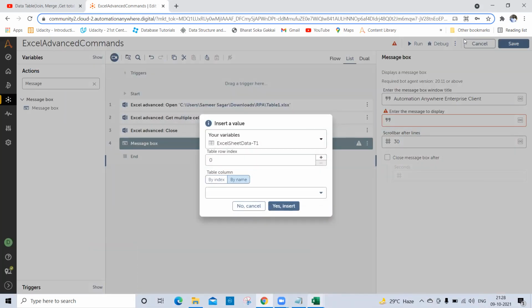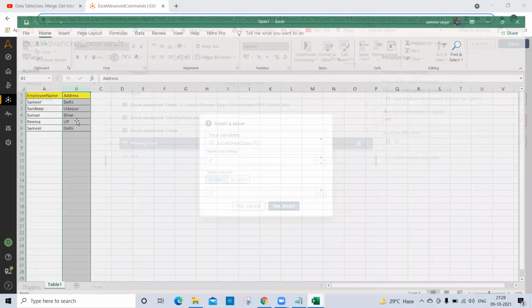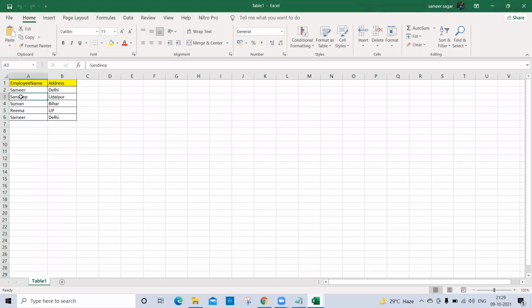I'll put 0 here, and if you want to put the index value, we can put that, and if you want to put the column name, that also we can put here. Right now I want to put 0, and the row value will be 2, because it is starting from 0 only: 0, 1, 2. I want to get the A3 cell, right? So it will start from 0, 1, and 2.